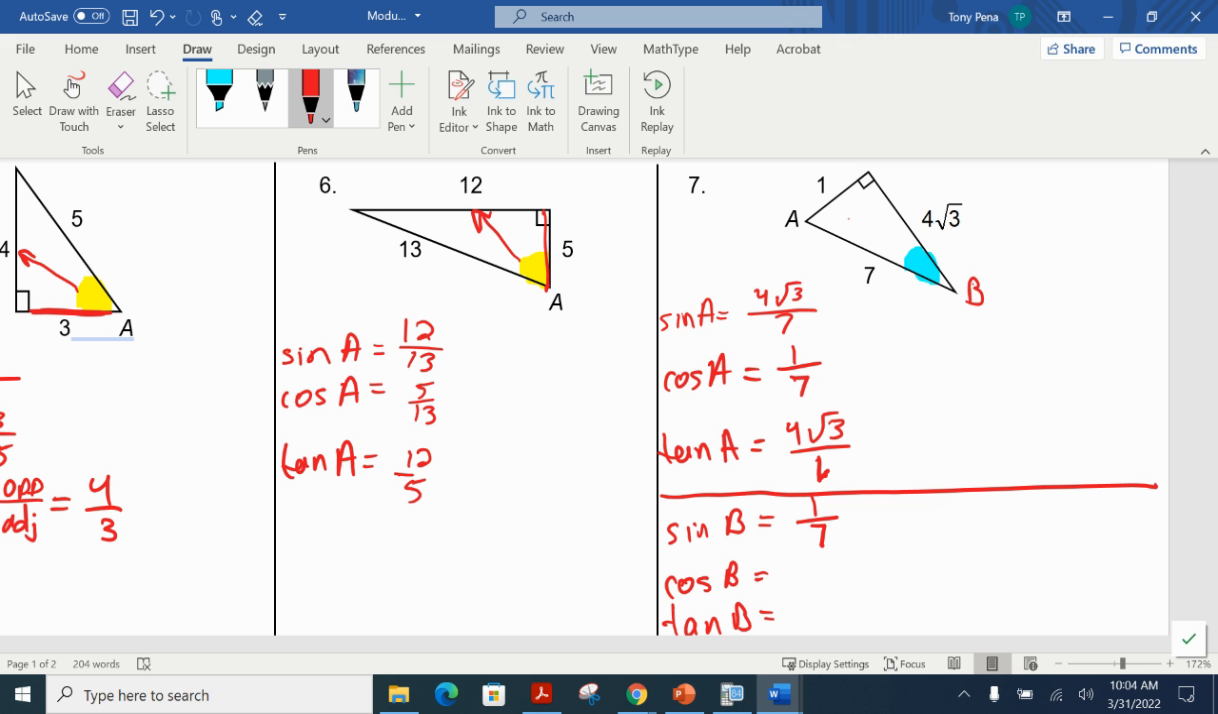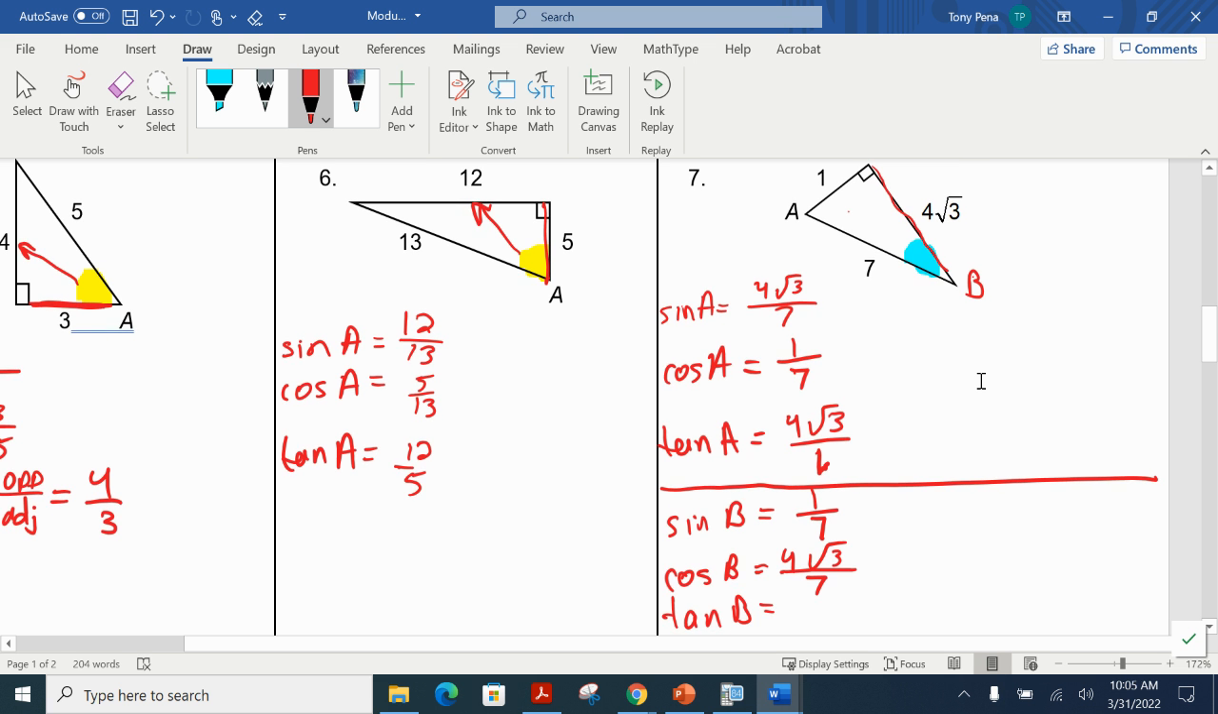Hannah D, cosine of angle B is going to be what? Good. The adjacent side of angle B is now this 4 root 3. And then the hypotenuse is still going to be that 7. All right. And then last but not least,